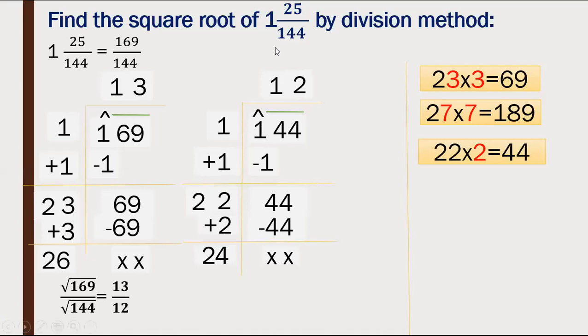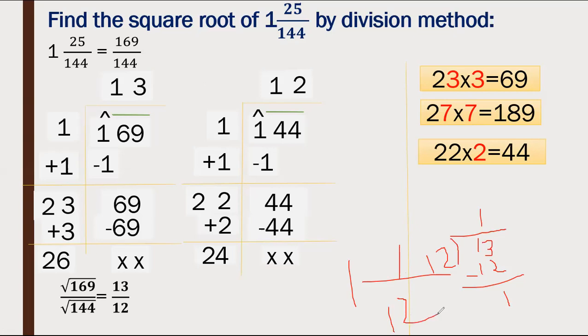We have to convert this improper fraction into mixed fraction. So how can we convert this improper fraction into mixed fraction? Which is here 12 is there and 13 is here. We are not allowed to write the answer in improper fraction. So 12 ones are 12. And when we subtract it, we get 1. So we get the answer 1 whole number 1 over 12.